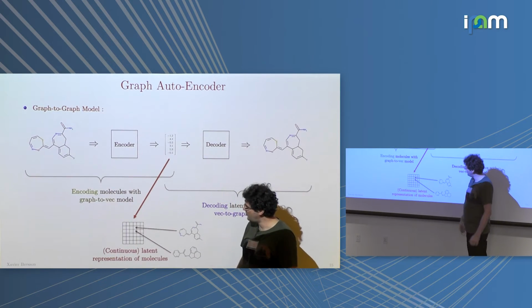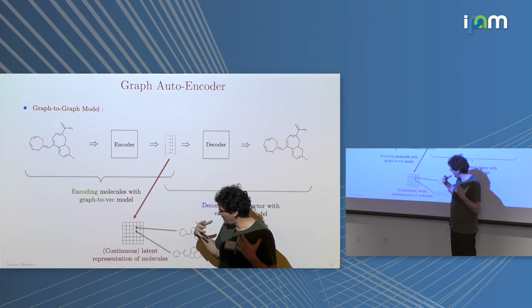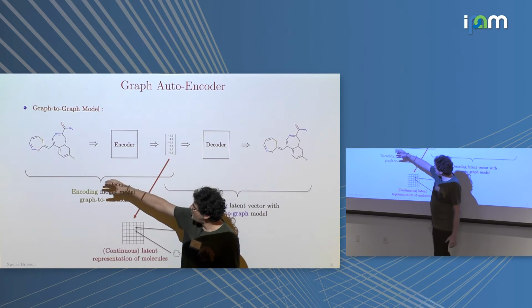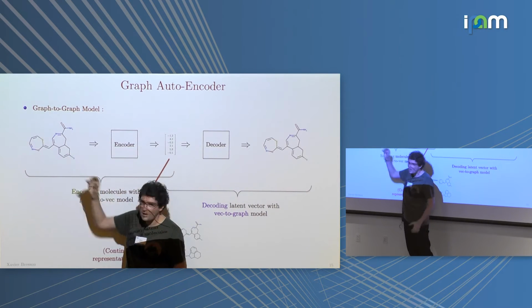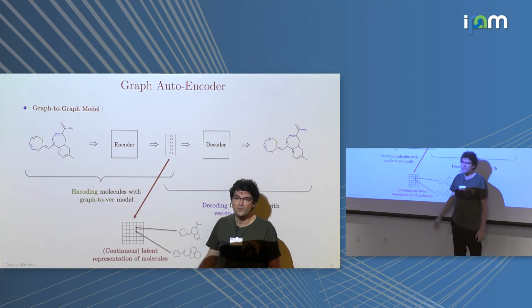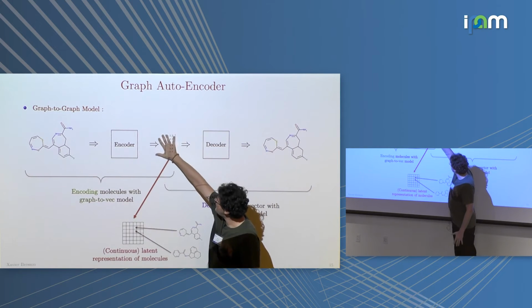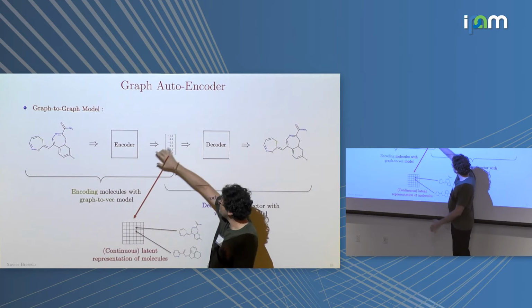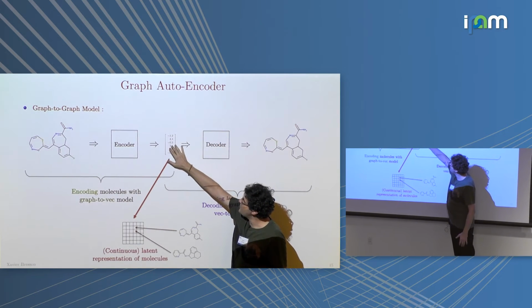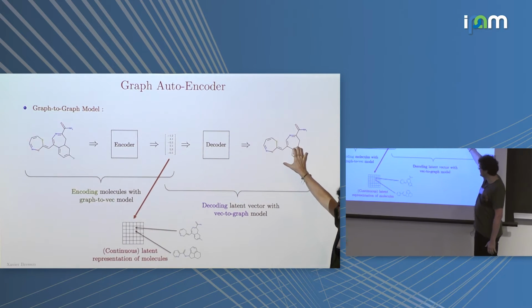This is the encoder. And of course, what I want is a continuous representation of my molecule in such a way that if I have two input molecules that are close to each other, I want them to also be close to each other in the continuous space. That's the idea. Once I have the continuous representation of the molecule, I want to decode it. So I want to use a decoder to go back from the continuous space to the combinatorial space. This is the decoding part.